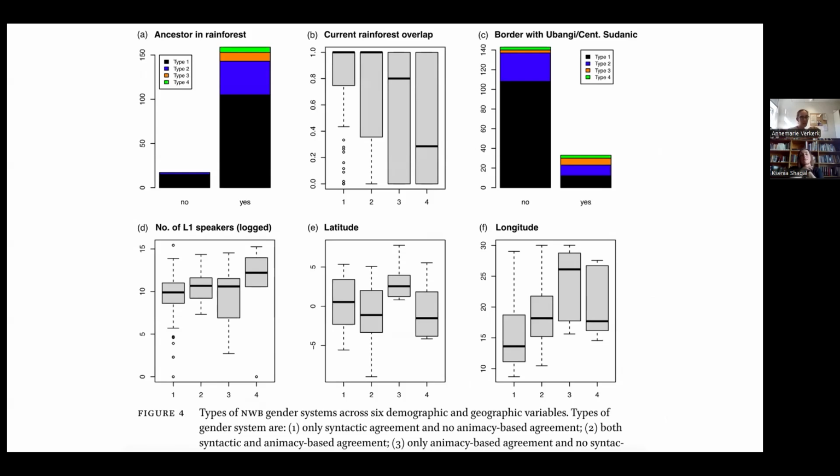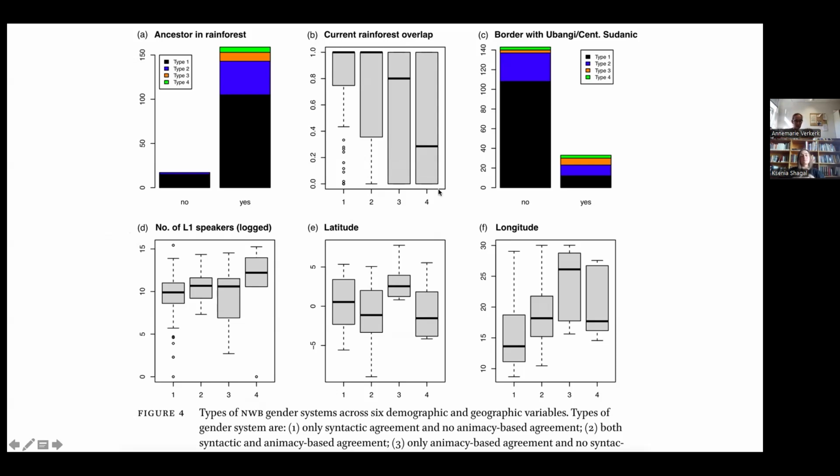Most of the languages have an ancestor in the rainforest. So the Bantu expansion went from north to south and from west to east, which means that most of the languages that are east have an ancestor in the rainforest, in the sense that a part of the tree that they connect to was once upon a time, presumably, in the rainforest. Other speaking communities with their languages moved more to the south, and these don't have an ancestor in the rainforest. So some languages are still in the rainforest, and others don't, right?